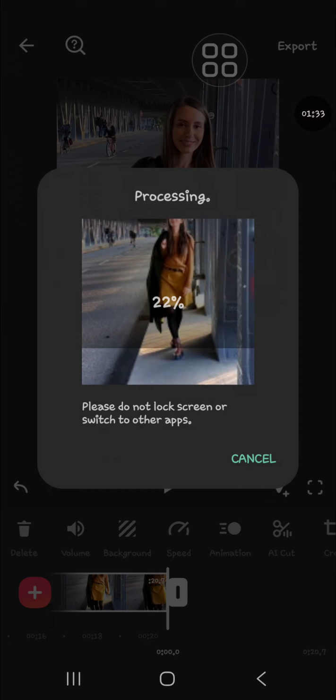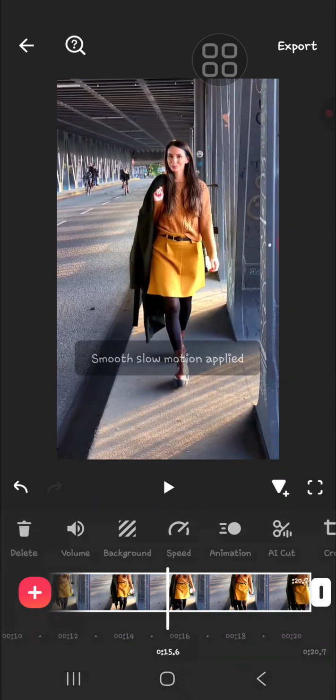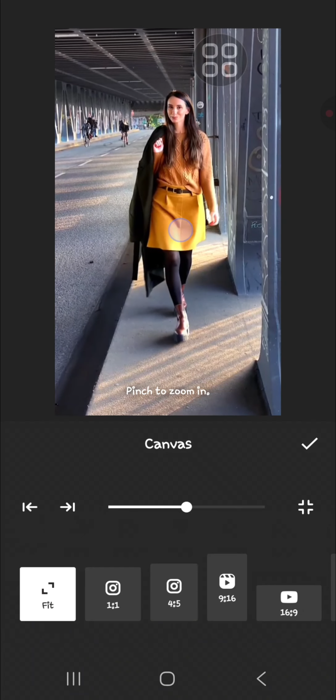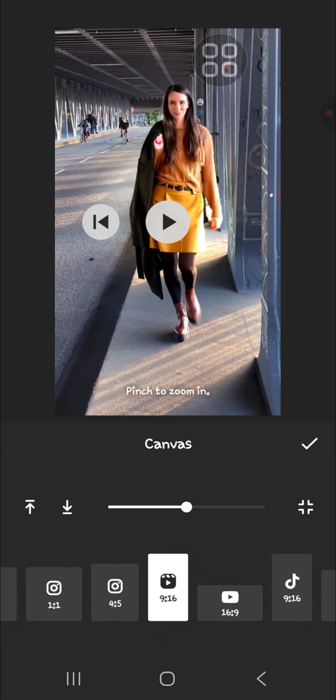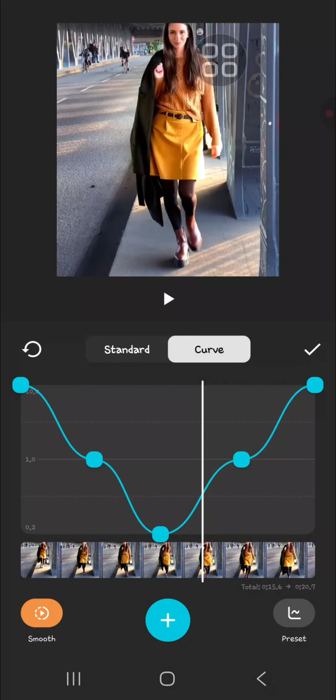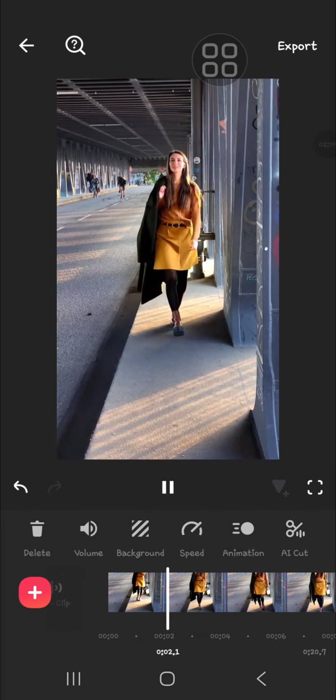And here is the thing guys, if you want to create video for your short, make sure that you choose 9:16 ratio so it can create portrait ratio. Okay, wait, I'm going to select the canvas. Okay, make sure that you choose this ratio 9:16. Okay, and then the slow motion has been applied, and then I'm going to go back and let's see how it looks. It will be like this guys,